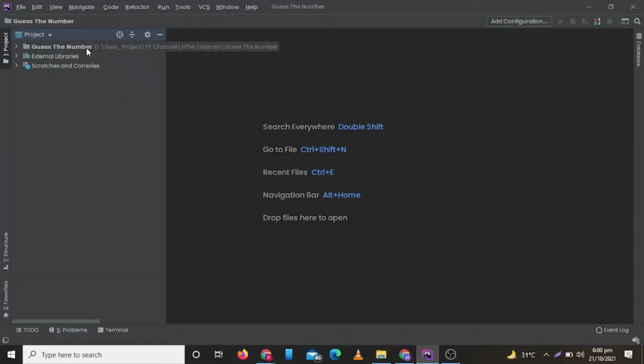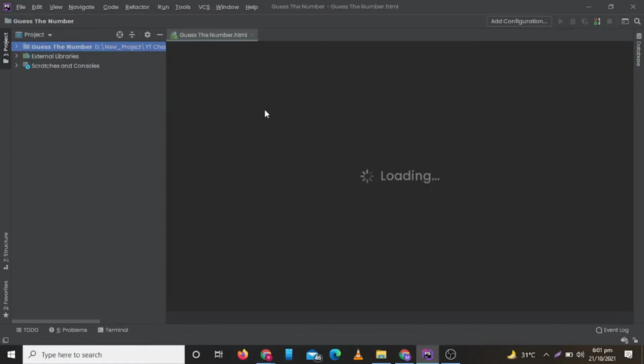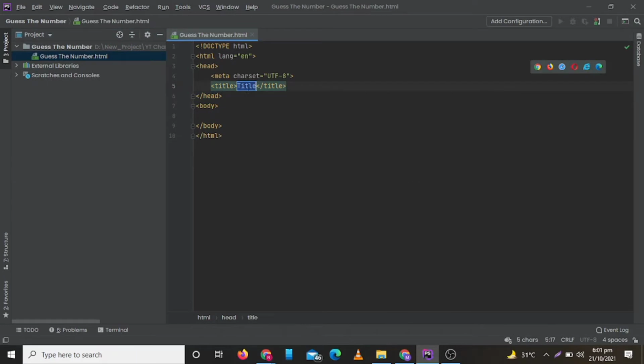So first of all we will create our HTML file. Now let's set our title. Now let's include our style.css and game.js file.